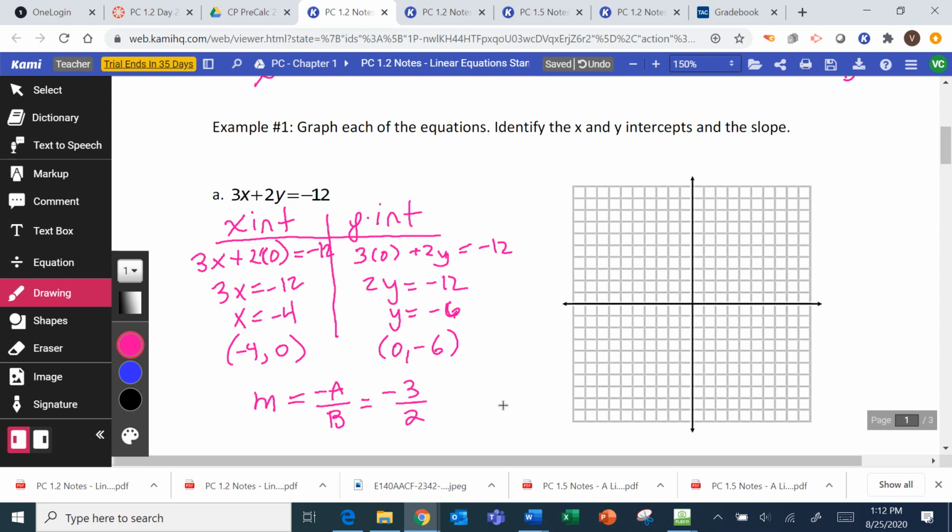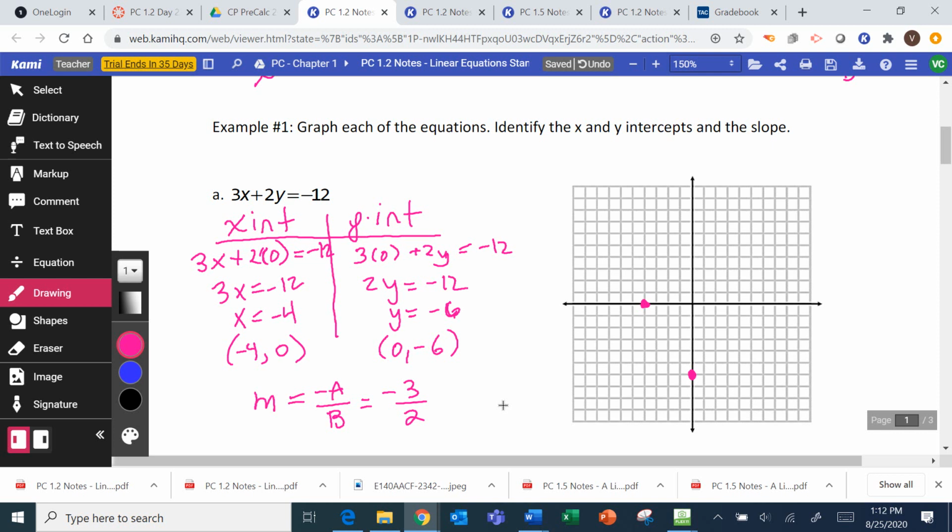So to graph it, we can graph negative 4, 0 on the x-axis, and on the y-axis, 0, negative 6. Now, I highly recommend we use our slope just to make sure we didn't make any silly mistakes, because I've seen people put the x and y's on the wrong axes or go positive when you clearly wrote down a negative. Things happen. So let's use our slope just to double check that we put everything where it needs to